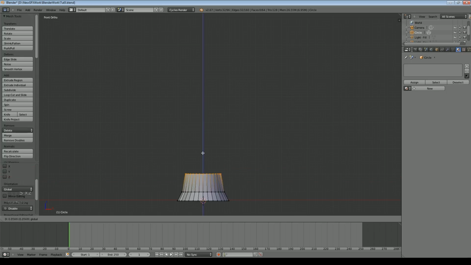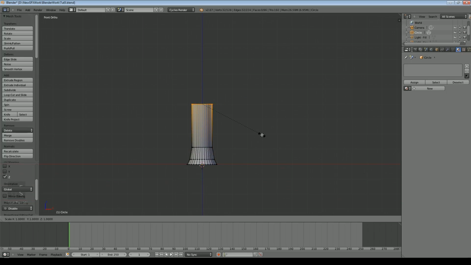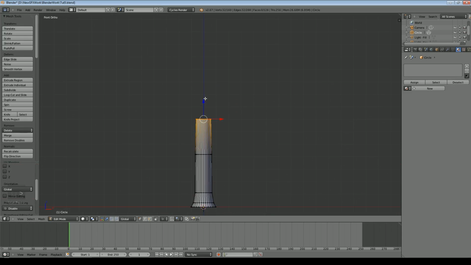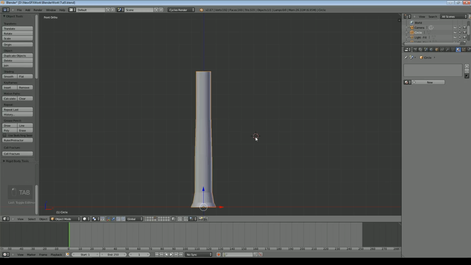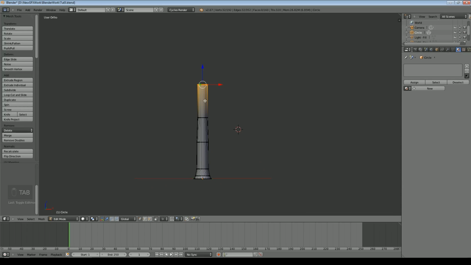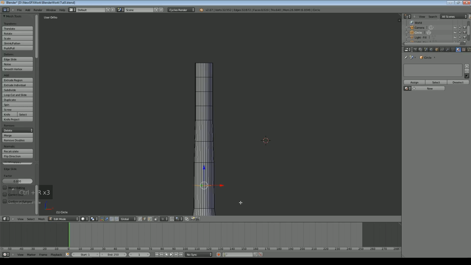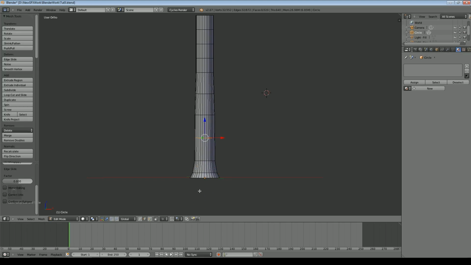And how much detail you put into the trees obviously is up to you. Trees are obviously not completely symmetrical, but again they're not the central point of interest. Now we're not going to model an entire tree because we're not going to see an entire tree. We're only really going to see this sort of area. And I'll add a few more vertices or loops. And if you want to, you can pull areas out, particularly down here, to simulate roots and so on. It's entirely up to you.